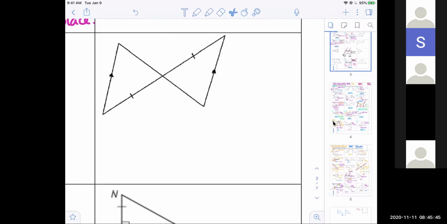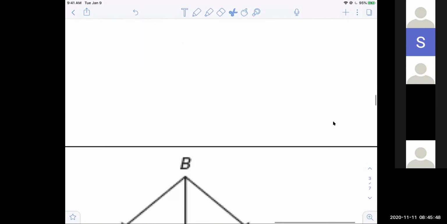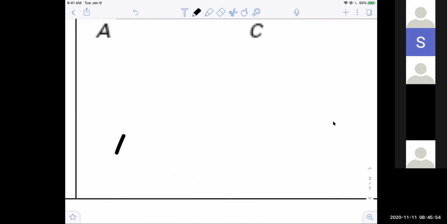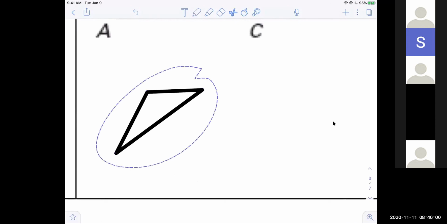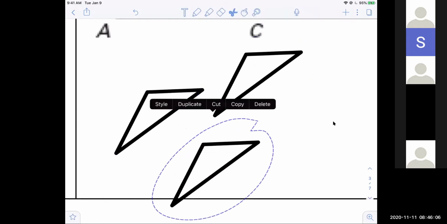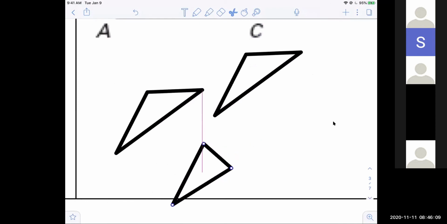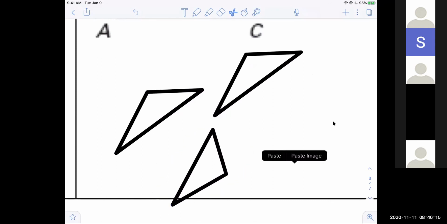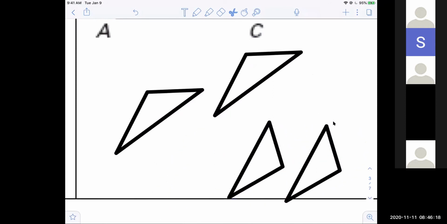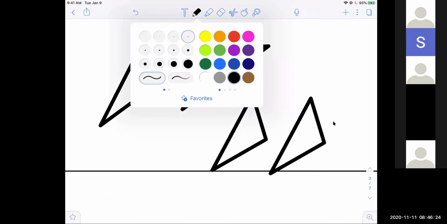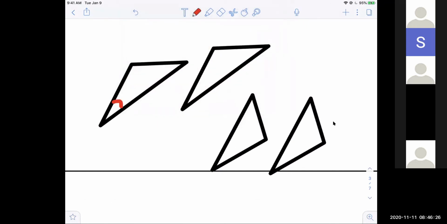Okay, so the question is, what's the difference between AAS and ASA? Let me draw a few little pictures here. I'll find a place to draw. Okay, so if you have 2 triangles where what you're given is 2 pair of angles that are congruent,